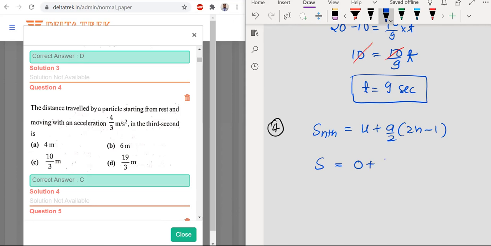of 4 by 3, so a is 4 by 3. We are making 1 by 2, 1 by 2 is there, but acceleration is 4 by 3. Now 2n, in which second? Third second, so 2 into 3 minus 1. So the S third will be